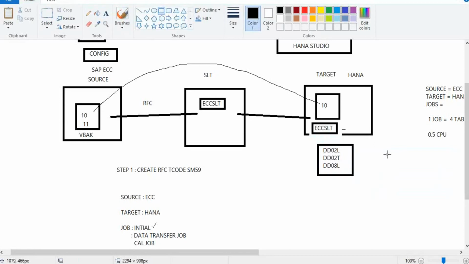DD02L contains SAP tables. DD02T contains text related to SAP tables. DD08L contains relationship between tables. Now, what is the purpose of these tables getting replicated to SAP HANA? Why is SAP replicating these tables automatically? What is the purpose? The purpose is